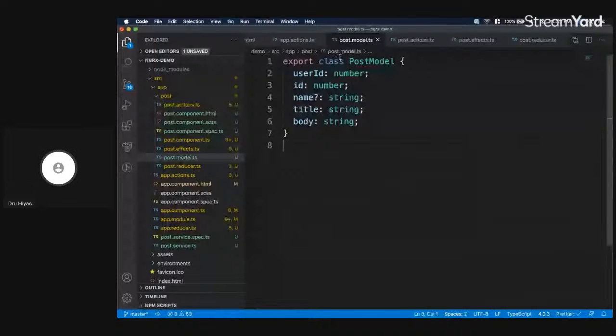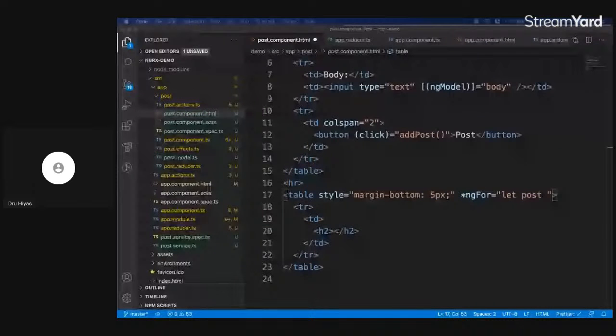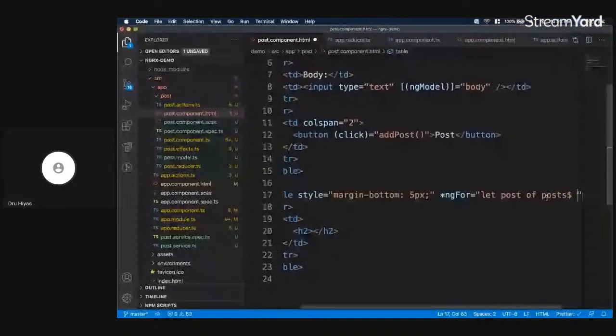So for the first column, we have the title, H2. So let's ngFor, let post of post async,